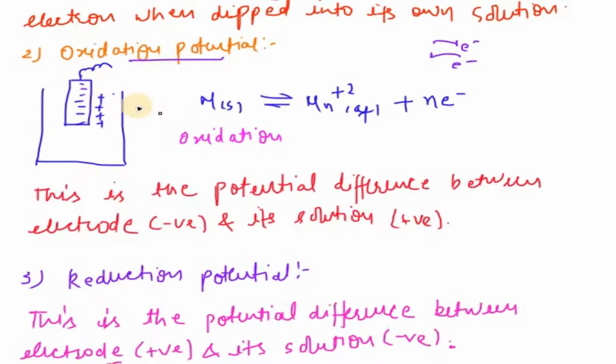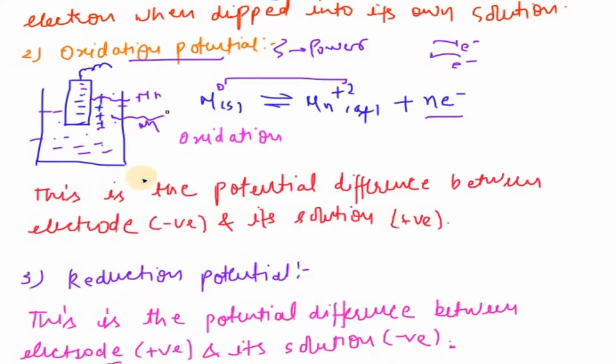Oxidation potential: the potential means the power of the metal. Whenever a metal is dipped into its own solution, it loses electrons or gains electrons. When it loses electrons, it is oxidation, whenever M from 0 gives +2. This is the potential difference between the electrode and its own solution. Whenever the electrode is positive and its solution is negative, it is known as oxidation potential, because here the metal is losing